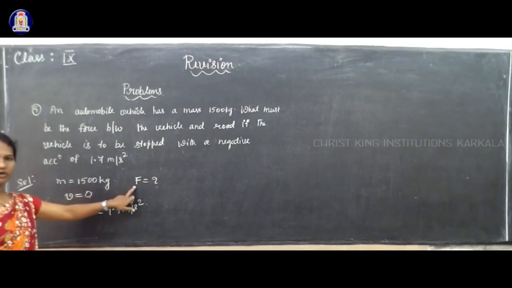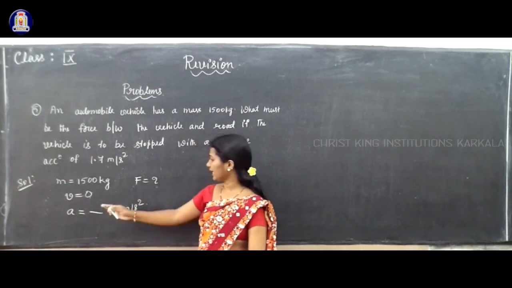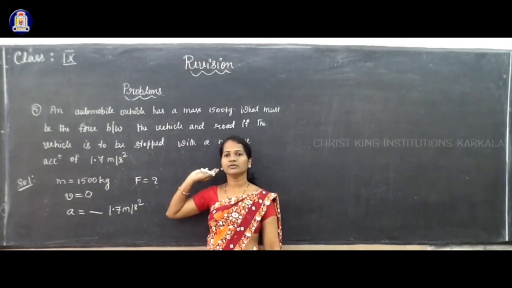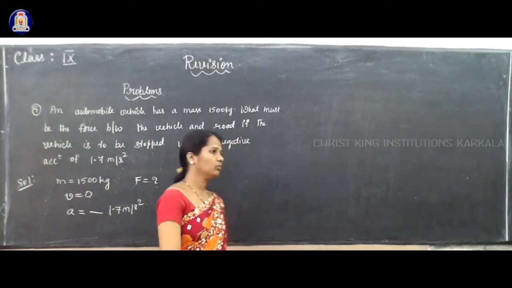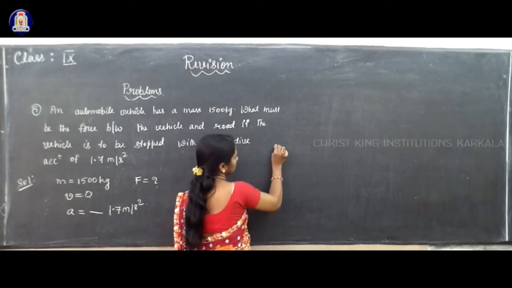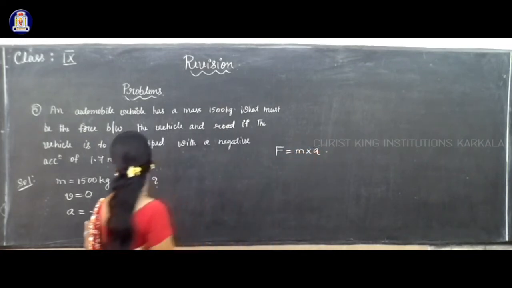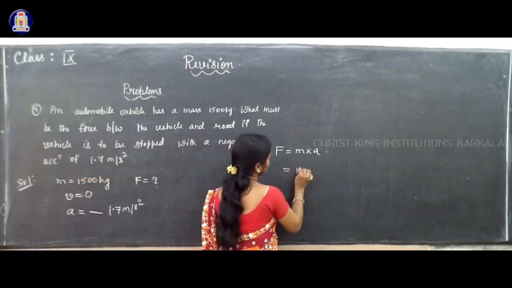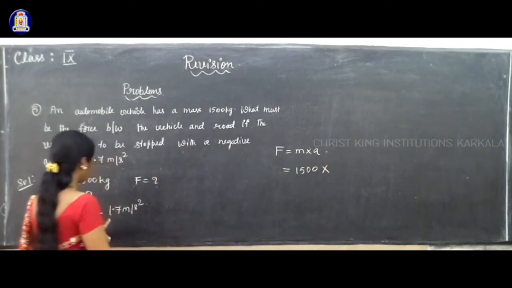So formula for F equal to m into A. Already A is given here, M is also given. So directly we can solve this problem. This V is not needed. So what is our formula? F equal to M into A. The value of M is 1500 into the value of A is